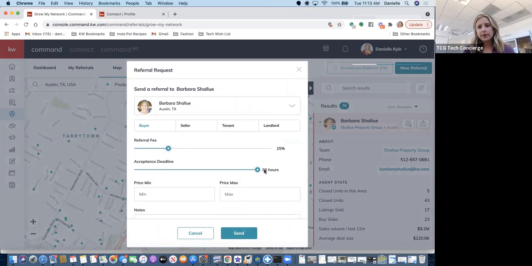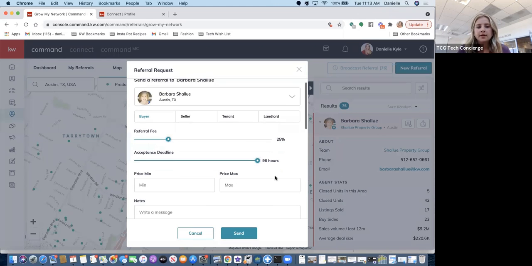I also will always recommend giving the agent a call if you send the referral via this tool. Hey, Barbara, I sent you a referral through the KW referrals tool and Command. I wanted to touch base with you and chat with you about my client. You always recommend giving a phone call as well so they know to come here and check this and accept. Though they should get a notification in Command on the bell symbol, and they should get an email notification as well. Price minimum,